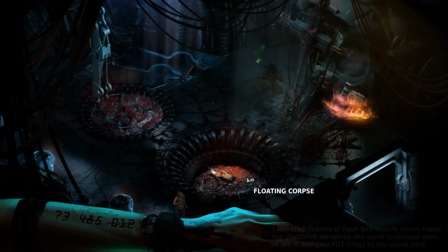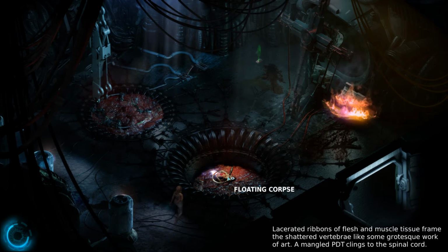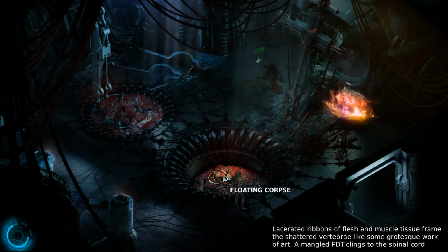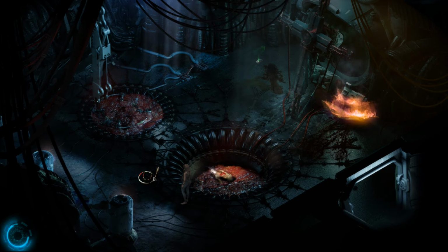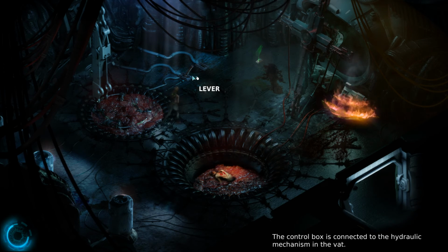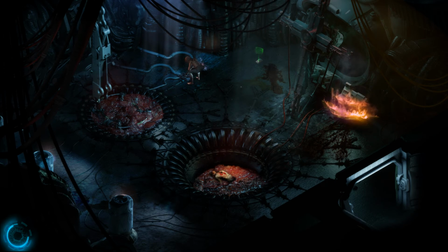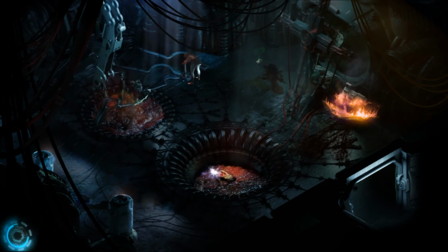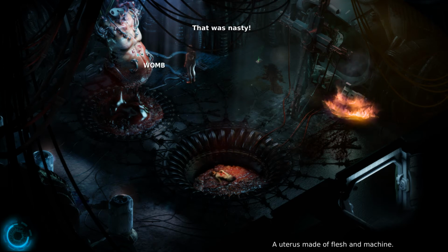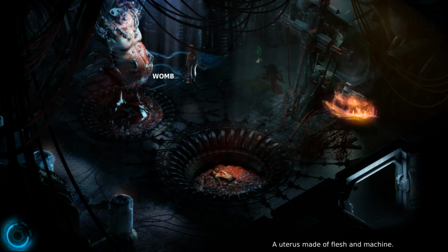Okay. There's a floating corpse. Use the whip. Don't go in there, please. Okay, it doesn't work. Activate that lever. They're pulling something out of there. That was nasty. That's a womb, a uterus made of flesh and machine. That's the thing they use to...